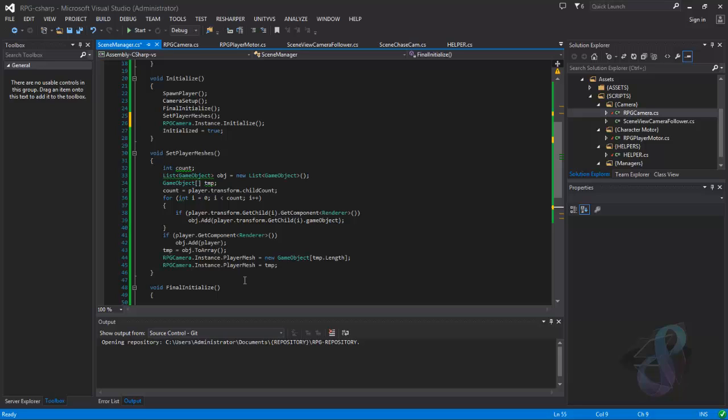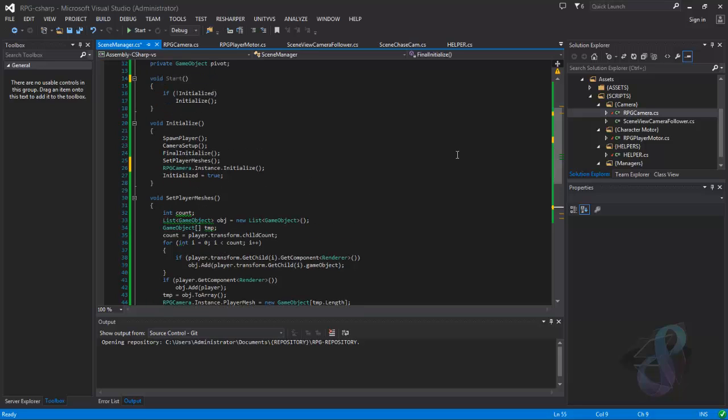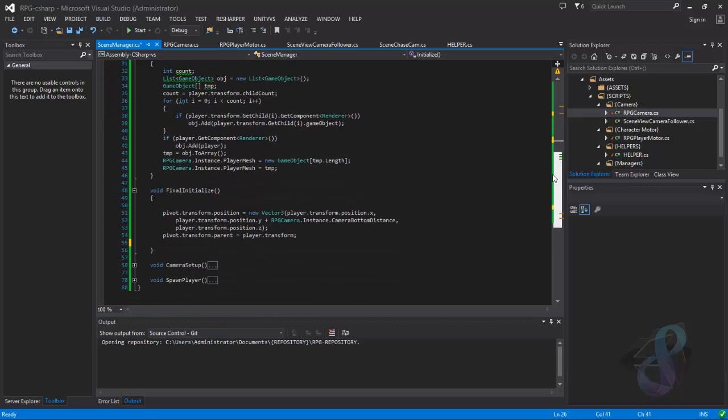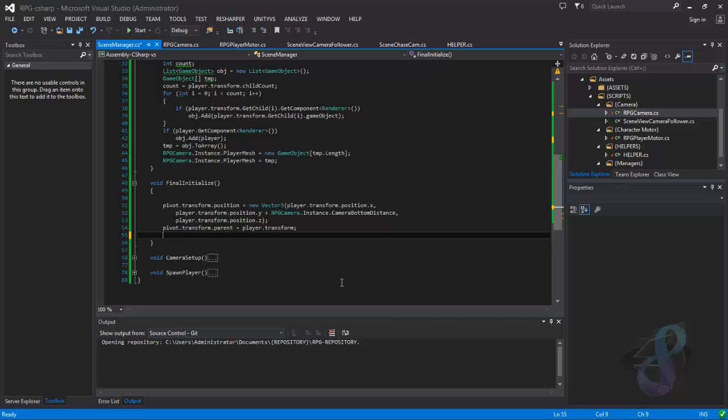Then I set the player mesh character, and then finally initialize the camera. Now here is a very special place where I can add children time and time again to the player. For example, if you have a set of hairs that the player can use customizations on, here is one of the places that you can load those meshes from resources and add them to the player character, because